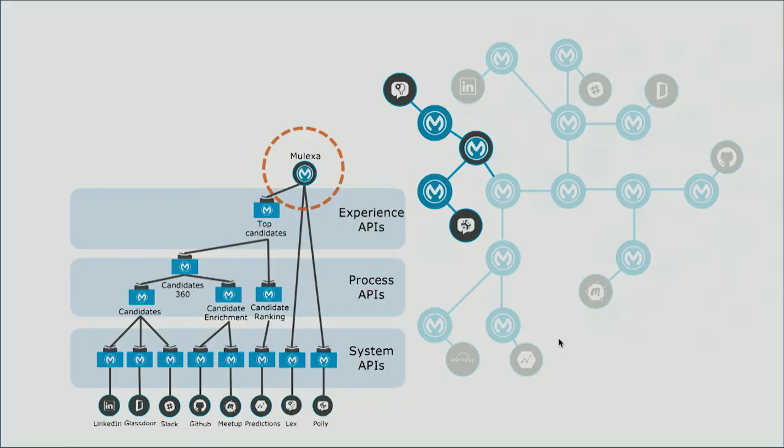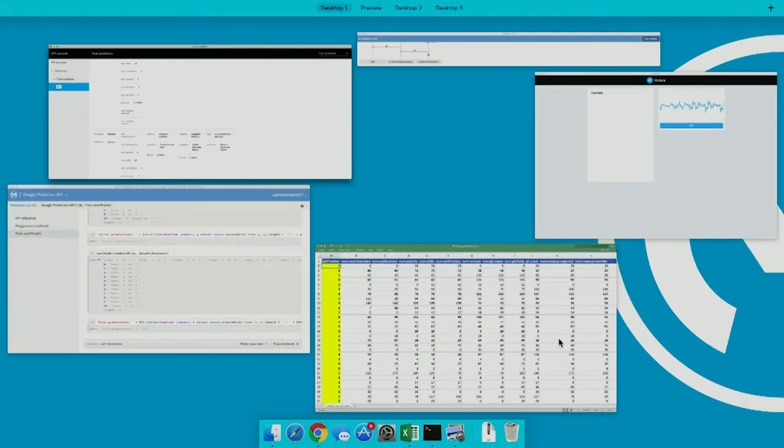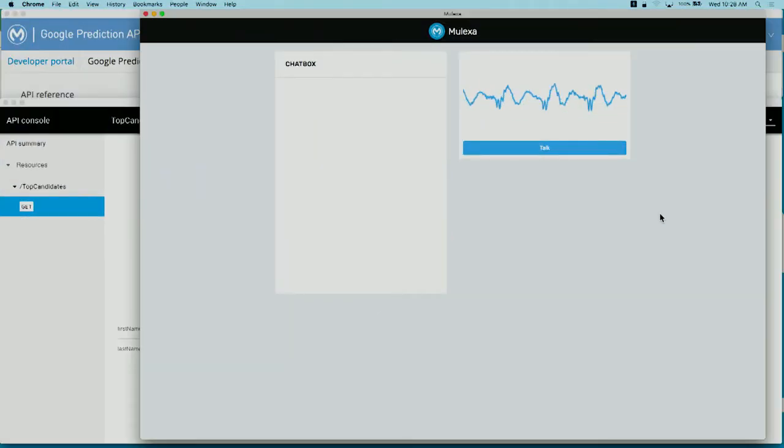All right. And so to do that, we've created a service called MuleSoft. And with MuleSoft, you can actually talk to it interactively about the great talent that it's been able to source. So MuleSoft talks to the top candidates API, talks to Lex and Polly, and gives you a very nice interface for this kind of thing. Okay, so let's go ahead and pop up MuleSoft. Here she is. And with MuleSoft, I can have just a normal conversation I would have with anybody at the company, right? So I can say things like,